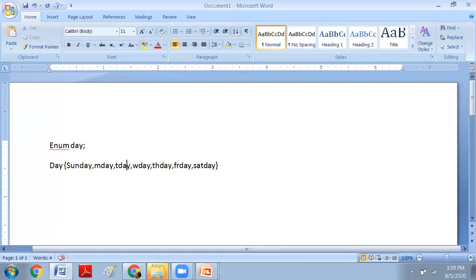For the first value, it will give 0, next value 1, serially 0, 1, 2, 3. If you want to specify other numbers, we can start like that, as I told you. If I use Sunday is equal to 11, it will take the serial numbers 11, 12, 13, 14, 15, 16. Like that, it will do. Clear?